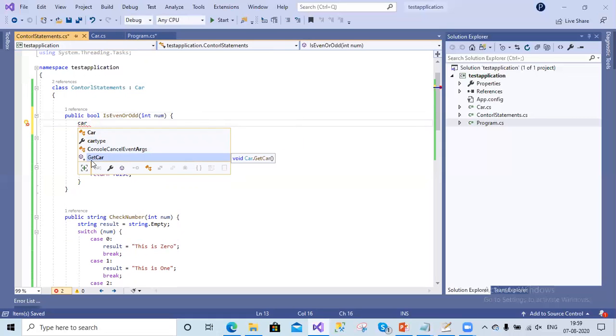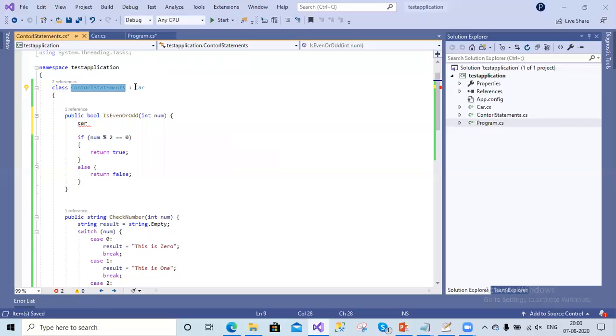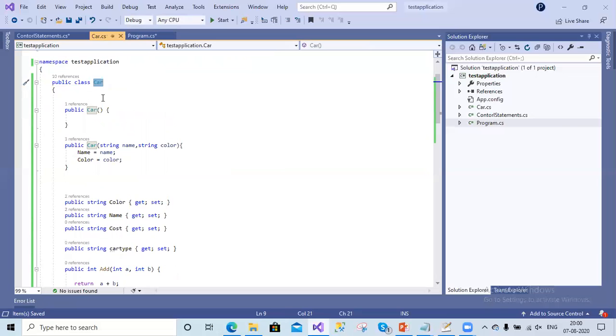See, so this method will be only available whenever you are extending a class. That means whenever you inherit this car class, only then will this method be available. That means the children of the parent class. So let's take this is the parent class.